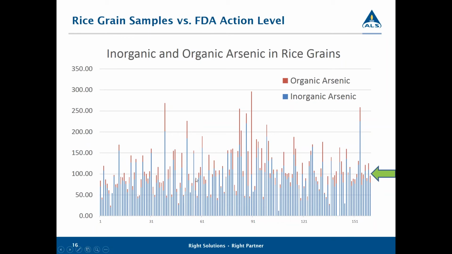And again, if you look at the 100 milligram per kilogram action level, you can see that many times the red can tip it over the balance, and in some cases is the majority of the arsenic in the sample. It also shows that there is a vast range of levels